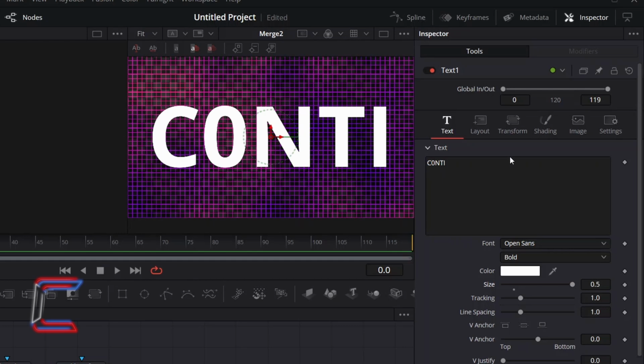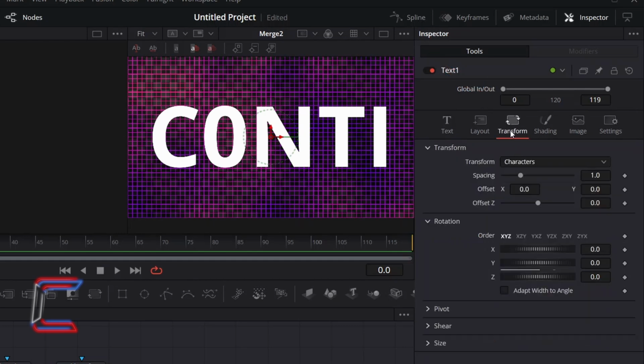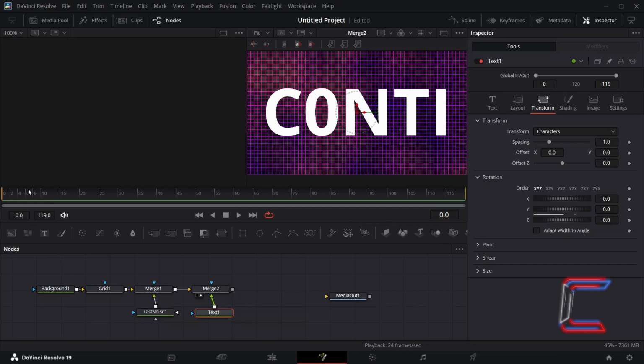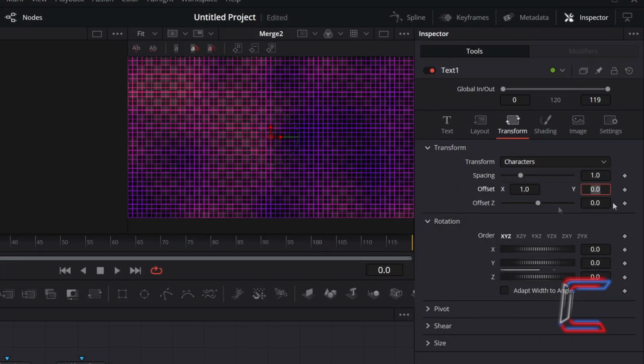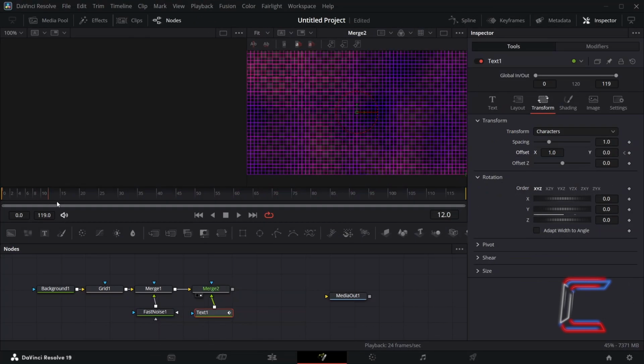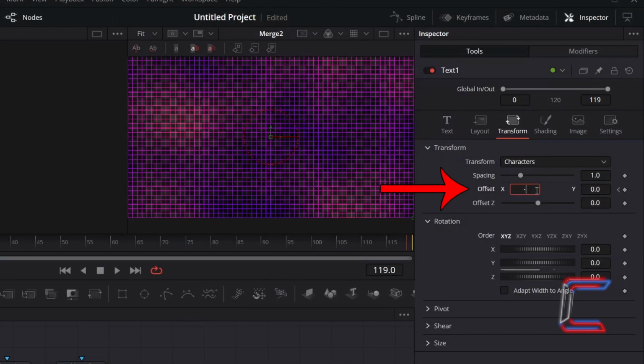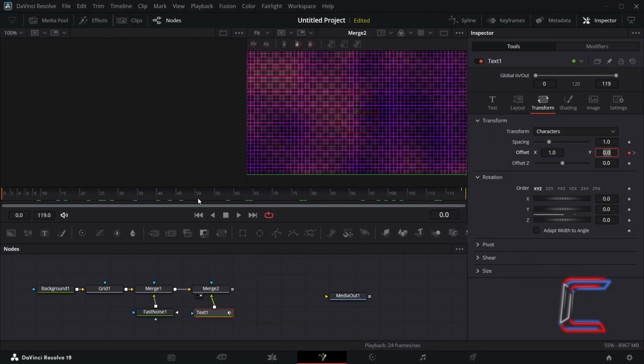To apply the scrolling animation effect, select Transform. Ensure that the first frame in your video clip is selected, as you can tell with the red line on the far left of your timeline, and the frame number set to 0. To have the text roll in from the right, increment Offset X to 1.0. Select the keyframe diamond icon which appears alongside X. Drag your red playhead pointer to the final frame on your video clip, here in this example 119, and decrease Offset X to -1. Drag your red playhead to the middle of your Fusion timeline to see a preview of